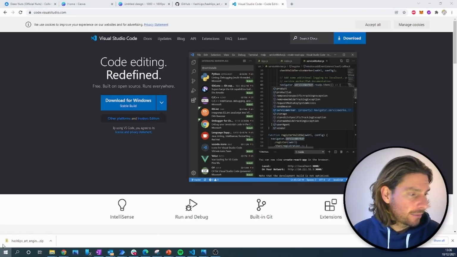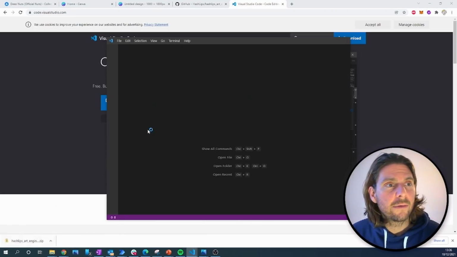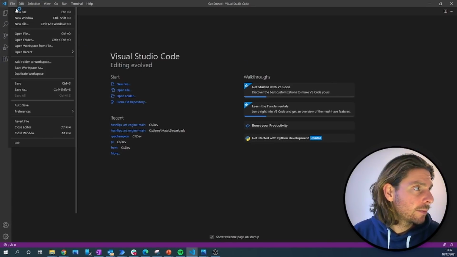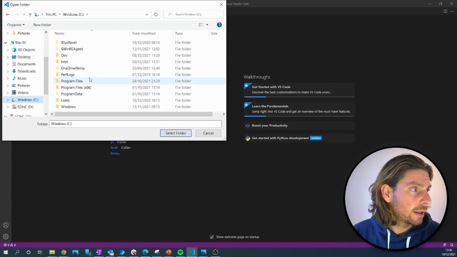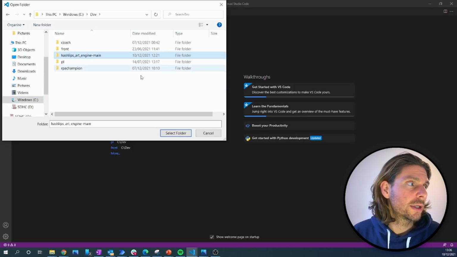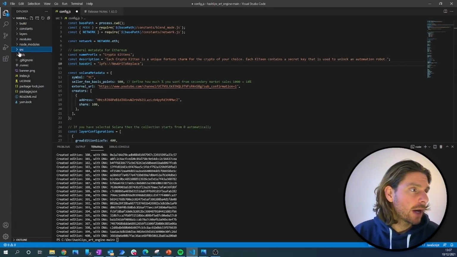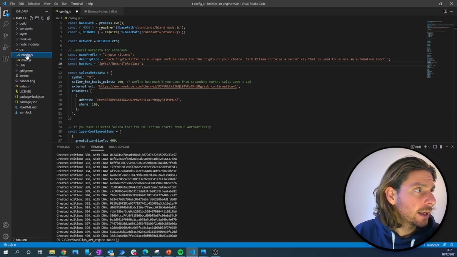So I'm going to open my Visual Studio. And after that, I'm going to open the folder where I have extracted Hashlips. So in my example, I have extracted it right here. So you're going to select this folder. By default, the folder is going to look like this when you first open it. The only file that you should put your hands on is going to be in here, right here in the source, in the